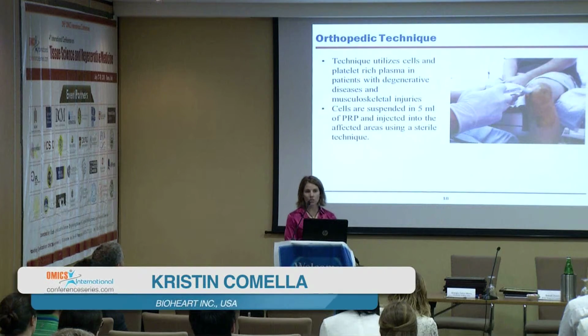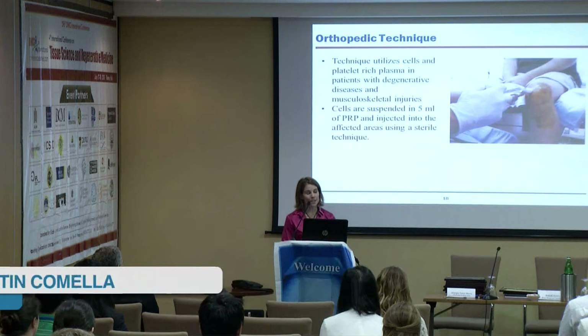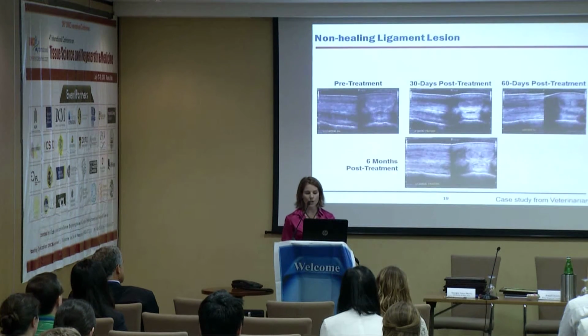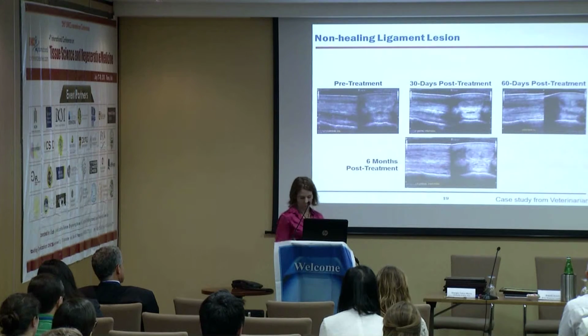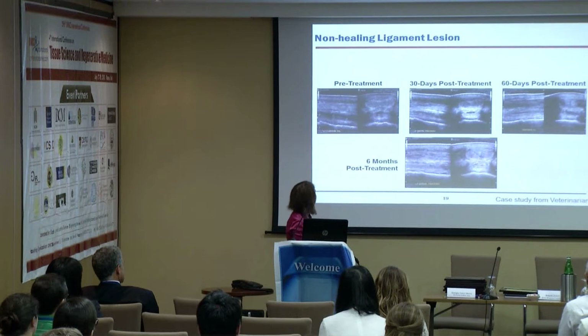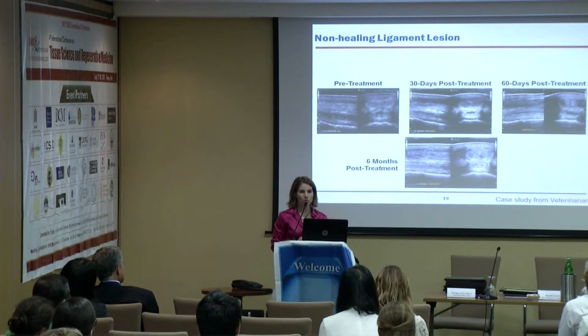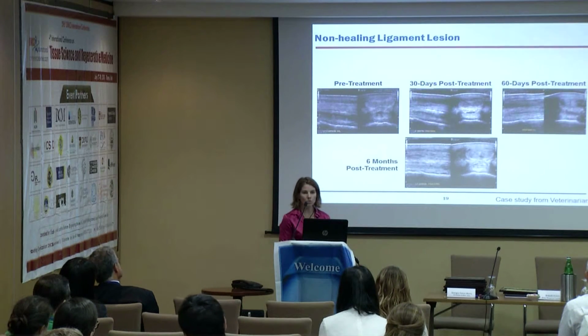We do a lot in orthopedics, so these can be osteoarthritis or even acute injuries. Typically what we'll do is we'll mix the PRP with the cells from the fat tissue, and we'll deliver those directly into the joint. This is an example of a non-healing ligament lesion. This is actually on a horse. If I had a pointer, I would show you what I was pointing out. Is this a pointer? Yeah. So right there you can see the non-healing lesion in the ligament. And by 60 days, it's almost completely filled in, and then completely filled in 6 months post. So this was a horse that was considered lame, would have been put down. They had been more than a year with the non-healing lesion, and they were returned to normal work after this